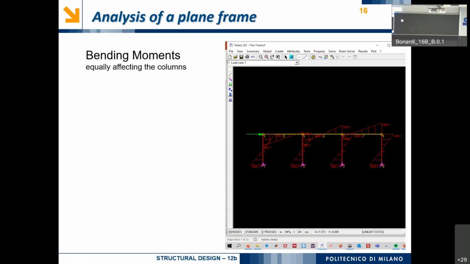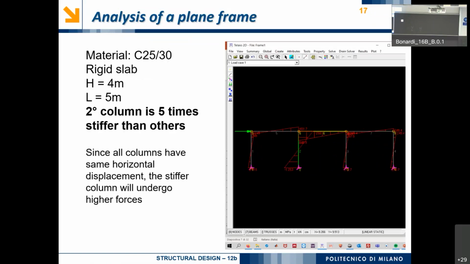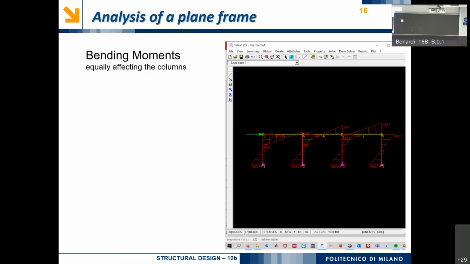This is true for the columns, and this is true for the shear force, and this is true also for bending moment. And just something that I want to stress from here, something that maybe we didn't pay so much attention to during the course because we had no time, but if we look at,